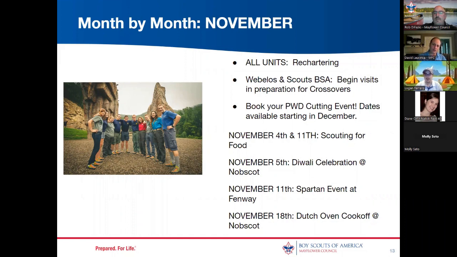And adults are also encouraged to participate as well, correct, Logan? Yes. So on that note, any adult tickets that are purchased with our Mayflower code, 50% of the sale will go directly to the Mayflower Council. And that doesn't just have to be at the Fenway Park race. So if you have family or friends around the country who like to do these kind of things, if they apply for any of their local races and use our code, we still receive 50%. And that is from now till the end of the year.